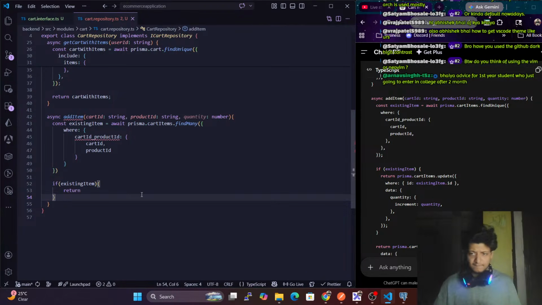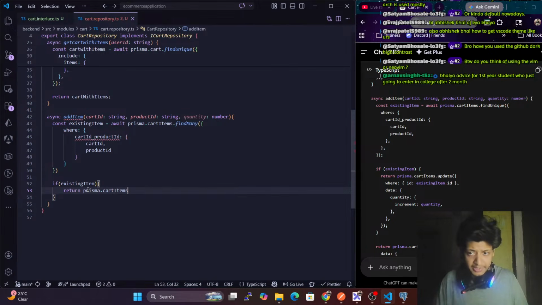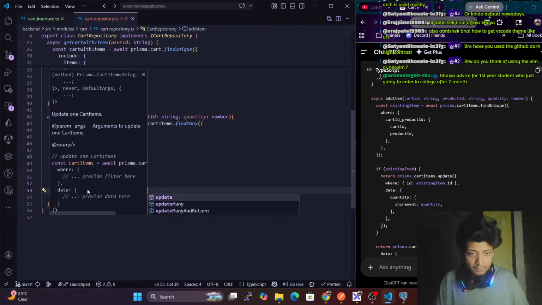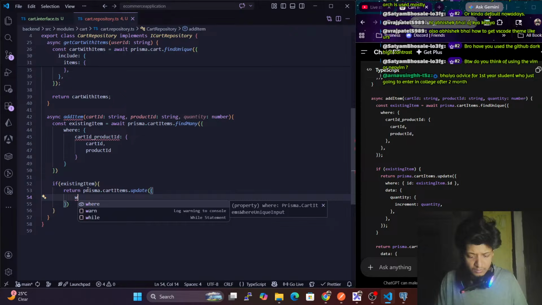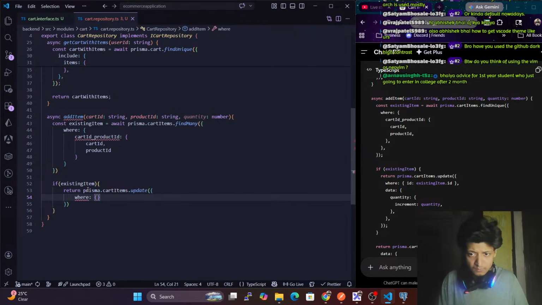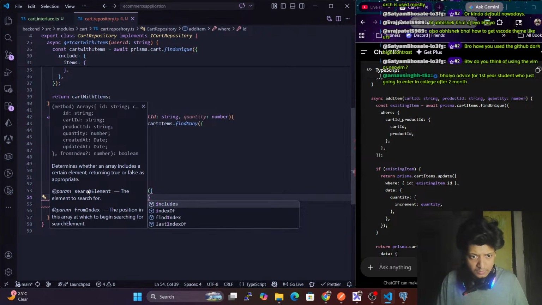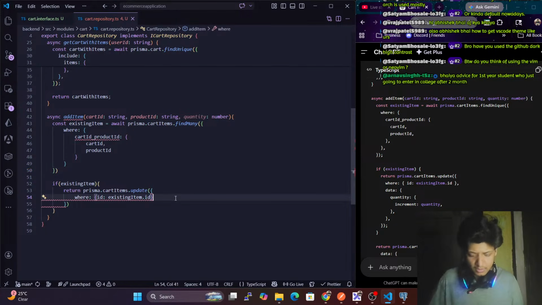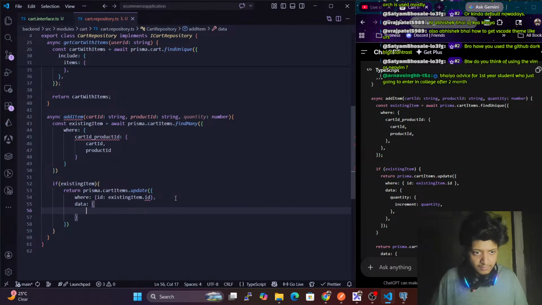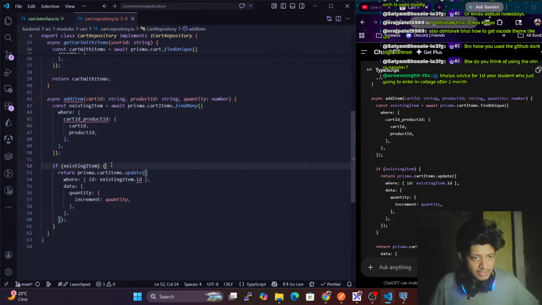Okay, here we have return prisma.cartItems.update. Existing item.id. We have to work on this. And also data will be quantity: increment quantity. We have this,